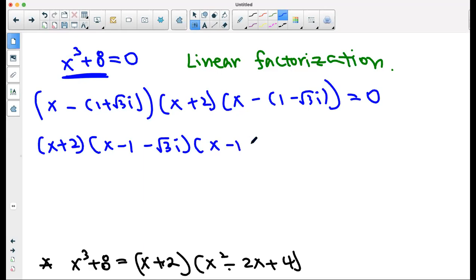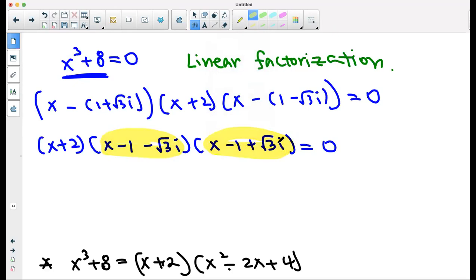X minus 1 plus radical 3i. Can you see that, guys? I distribute the negative sign on the second one as well. But when you look at these two expressions,